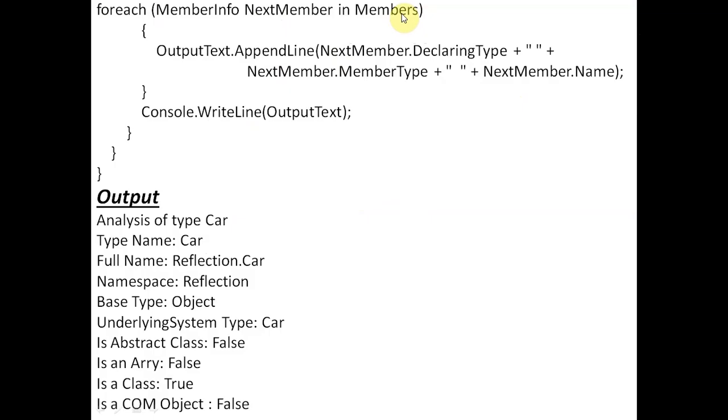Now again we'll go on in the for each loop, and extract the second line on next member. Then we'll write next member dot declaring type.